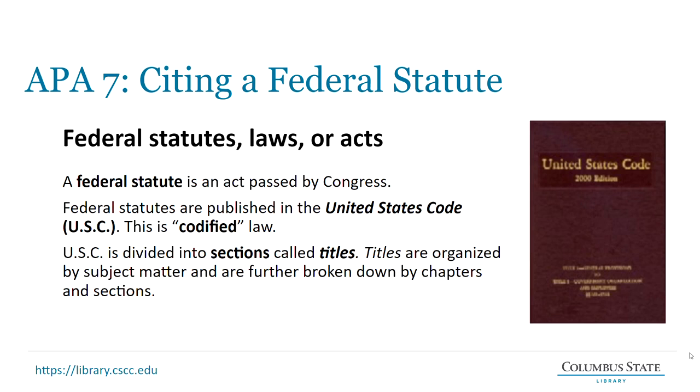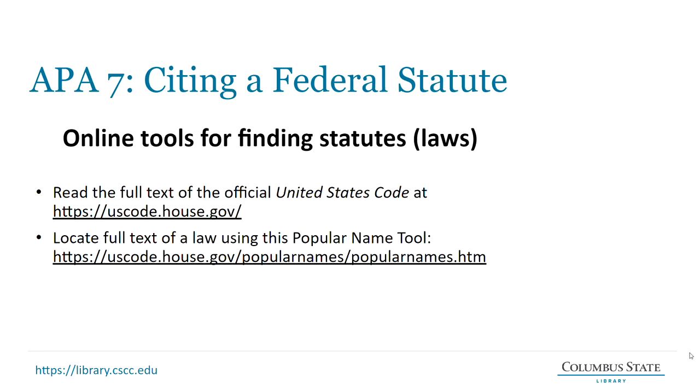USC is divided into sections called titles. Titles are organized by subject matter and are further broken down by chapters and sections. You can find full text of the official United States Code on the web. Example, uscode.house.gov. Here's a way to locate full text of a law using this popular name tool at